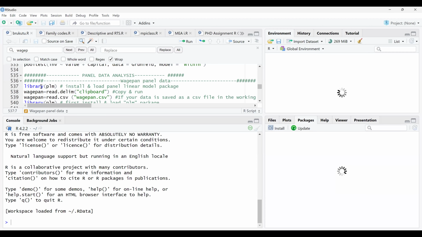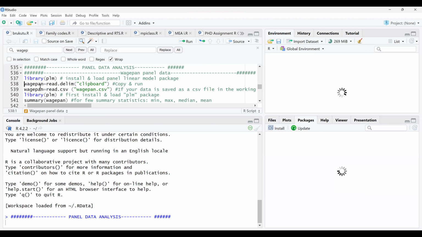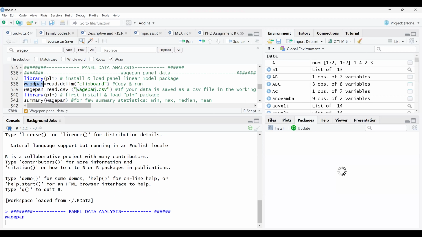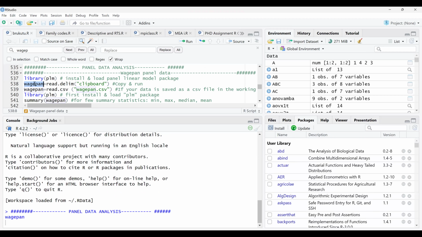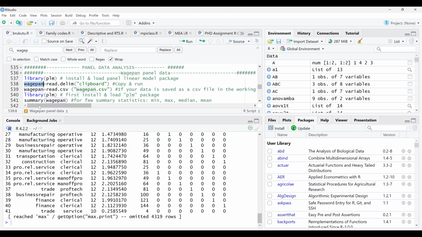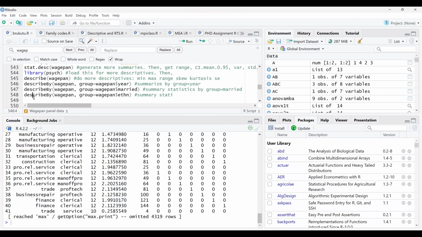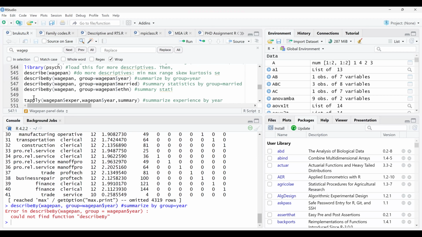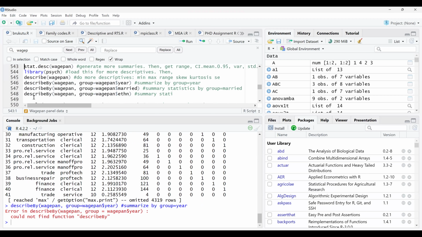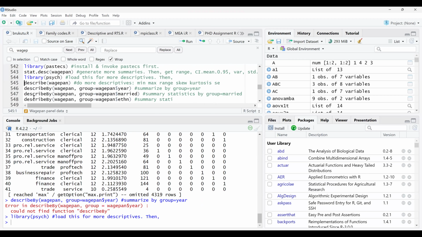So just to recap, the library, I'm going to just run the R and then load the wage pan data. I think it is taking a bit of time. Yeah, it has loaded. And I'm just going to run quite a number of them, quickly jump most of them. There are some few things that